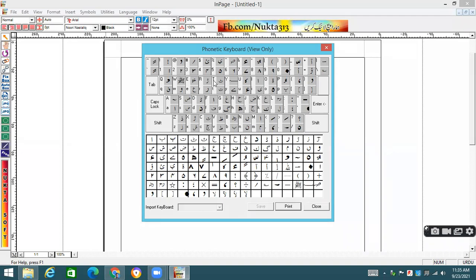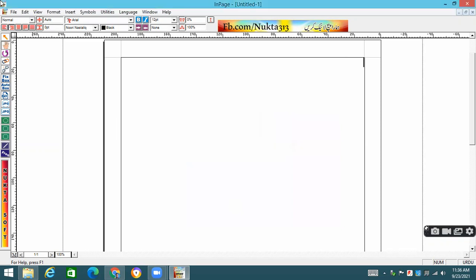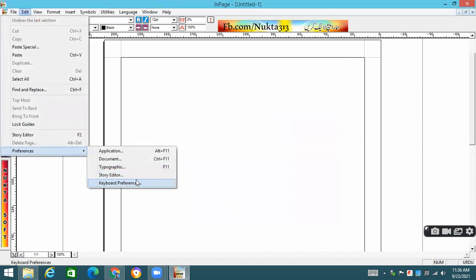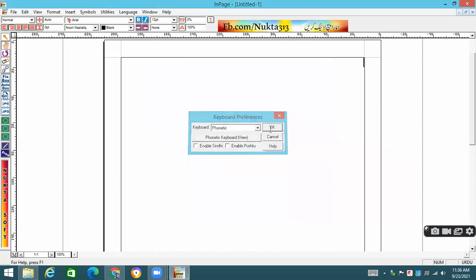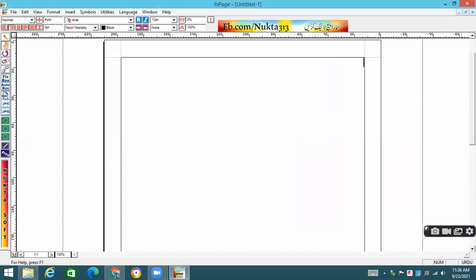Ṭa is there on capital T. Ta is there on small t. Similarly, Kha is on capital K, Kaf is on small k. So this is quite easy, and you can take a print of it and remember all these keys quite conveniently. When you take your board exam, if you have practiced on the phonetic keyboard, you will come in the lab, take a new file, go to edit menu, preferences, and select the keyboard on which you have practiced. You know that your keyboard is phonetic, so you click OK. Now it is quite easy to type.